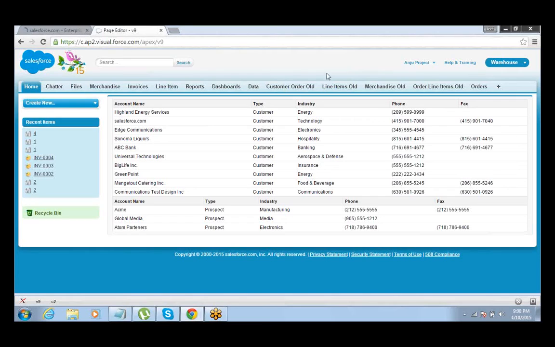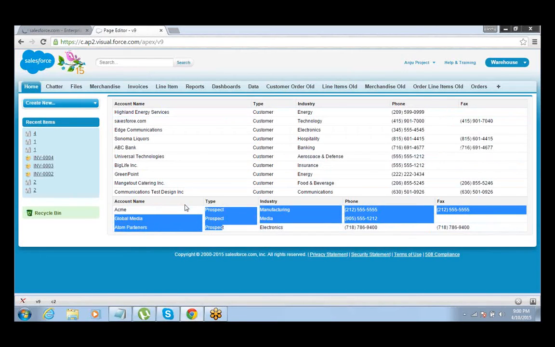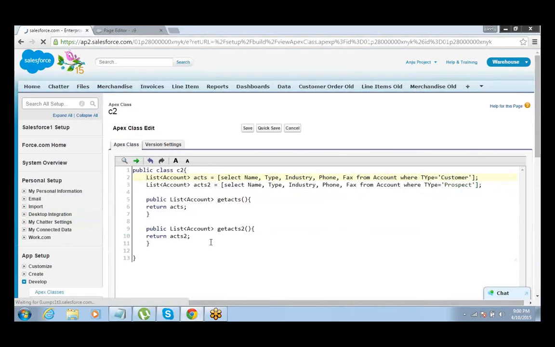So that is how it is. Your accounts. So in the first table I have only the customers, in the second table I have only the prospects. You could have definitely given some title and stuff to the table, and you could have worked on that part. But primarily, the idea is clear to everyone: how we are using a custom controller, how we are querying the data from the database, and how we are displaying it on the page. It's very, very simple, right?